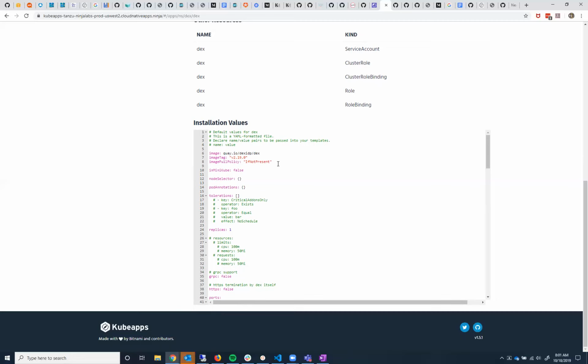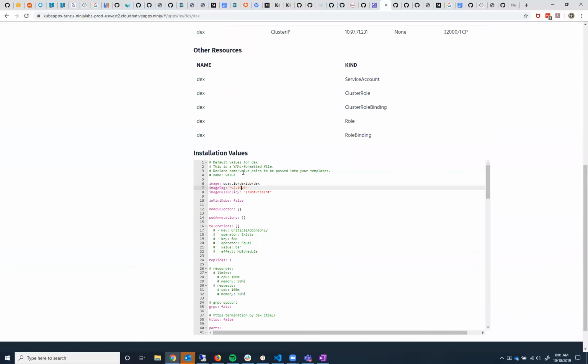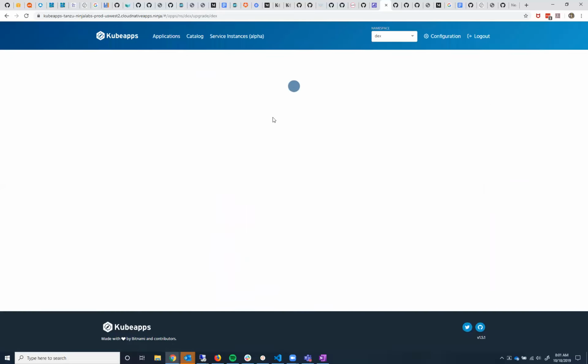And so normally if I was doing these outside of Kubeapps, I like to either comment out or just delete the defaults from this. If you do a deploy later, and you save this, the next thing you're doing is going in and updating all the image tags manually if you do this outside of Kubeapps. Now, when you do it inside of Kubeapps, it's much easier, right? Because if I go to upgrade here,